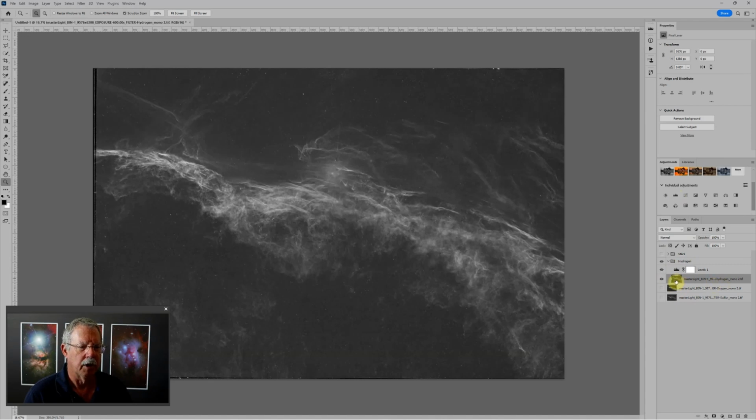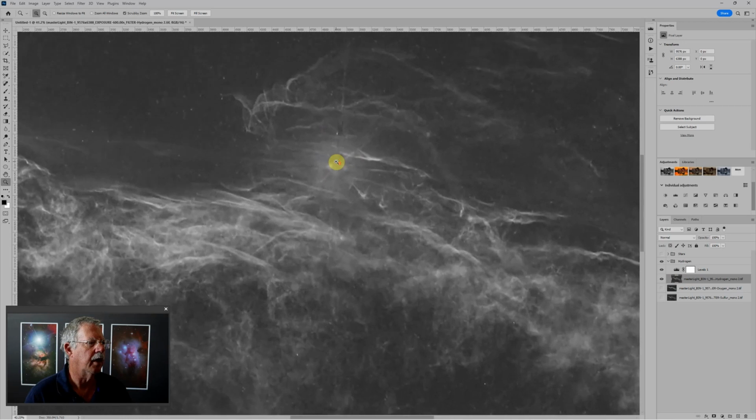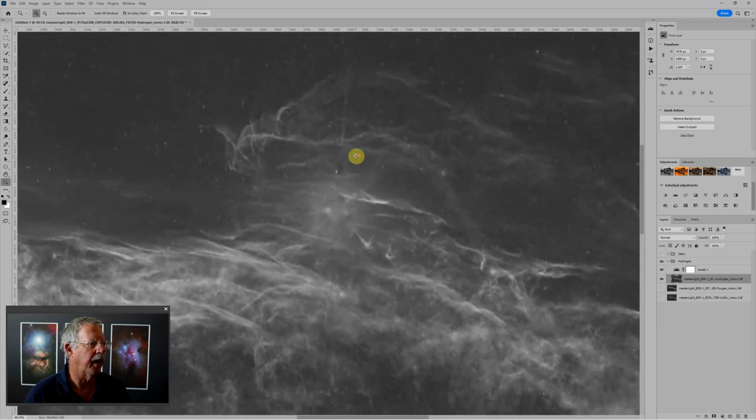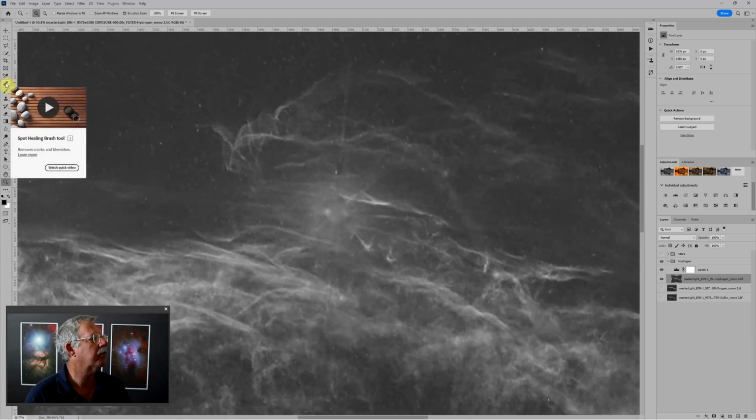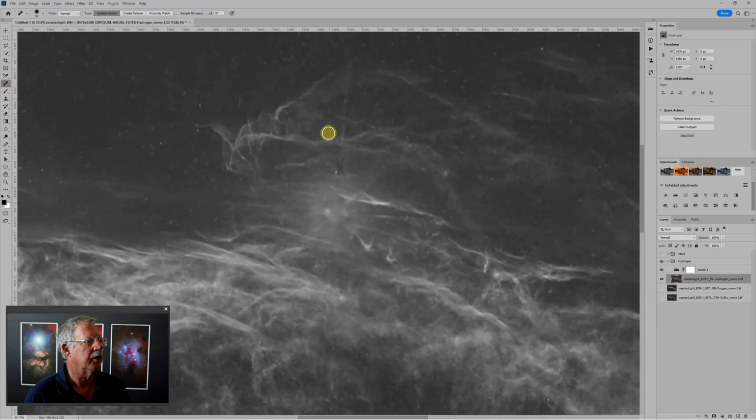We need to do some cleanup on this, so I'm going to click on the hydrogen layer itself, and mostly we need to clean up some of these artifacts around the star. To do that, I'm going to grab the healing brush, actually the spot healing brush, and you can see that we've got, to start with, some diffraction spikes. I can use the left and right bracket keys to make that brush larger or smaller, and I can just paint over that diffraction spike,